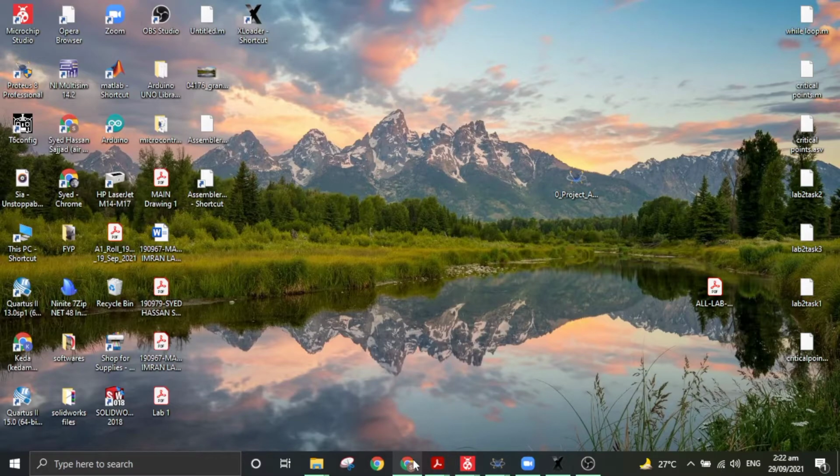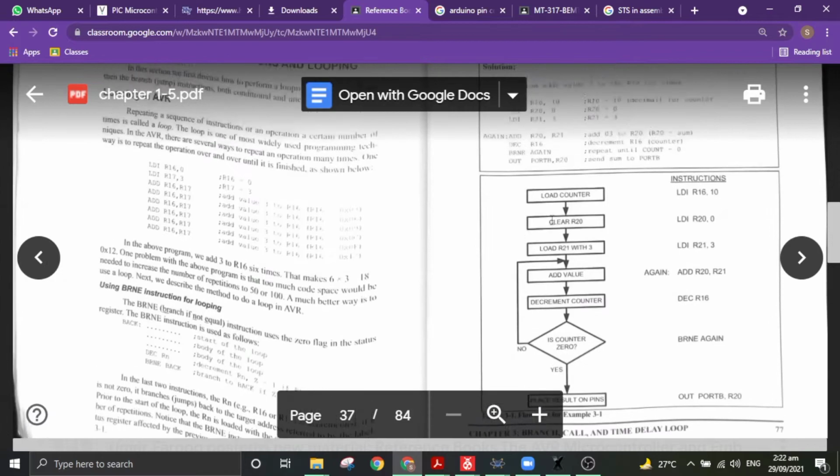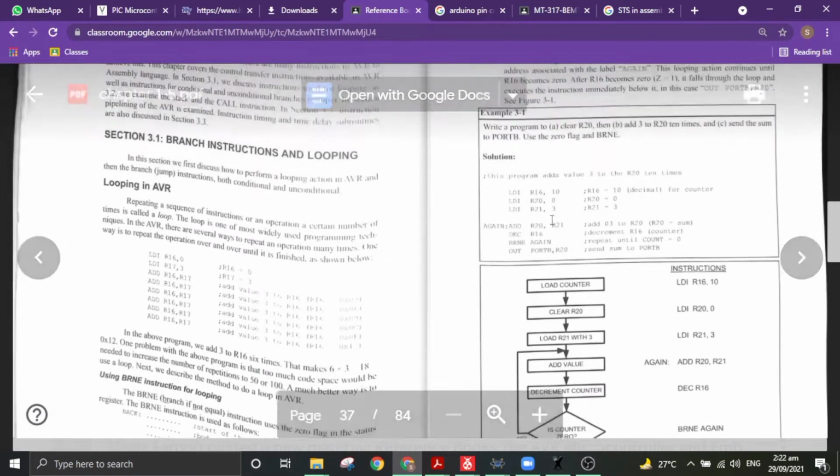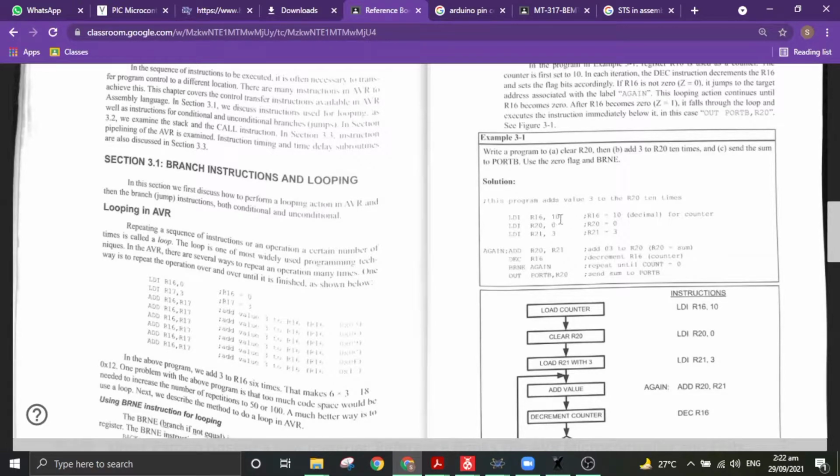So today in this video I'm just going to teach you how to implement basic assembly language to program the AVRs. We have just three examples here. The first one is to program